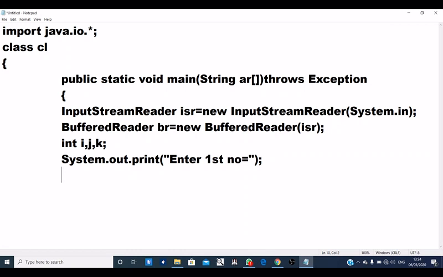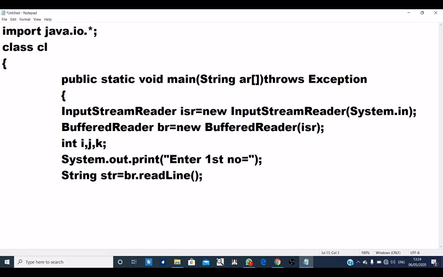So if we have to take input for a number, then how do we take it? By using String str, because the input will be of string type, so the input will be written as str = br.readLine().